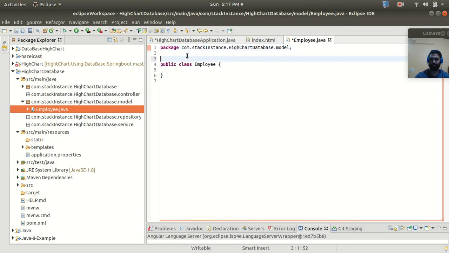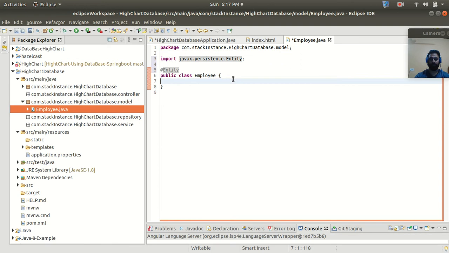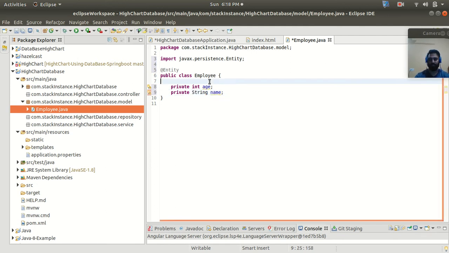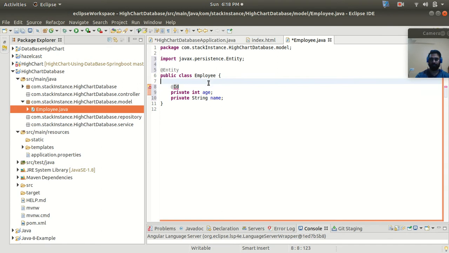So this is my entity class. So here I will take the age and the name as a string, and I will keep the ID as the primary key, right?